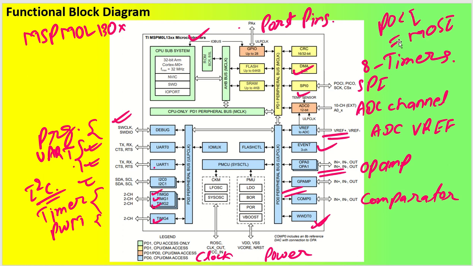Okay, so peripheral output client input means master output slave input. Okay, see this is how it will be called. And similar to that, PICO is MISO, and it has clock and chip select. It has DMA as well, so you can see it has DMA and CRCs, and it has port pins, which I just now told you it has around 28 pins, which are going to support your general purpose input output applications. So this is what the functional block diagram of this particular device is all about.